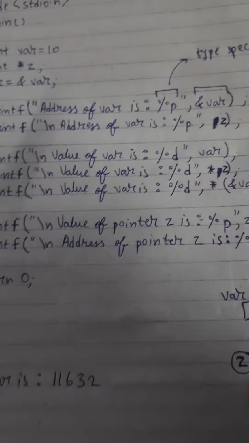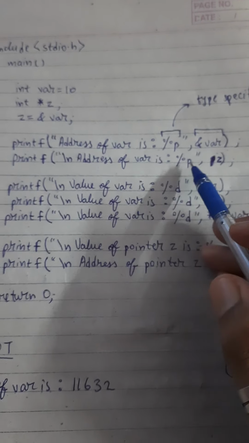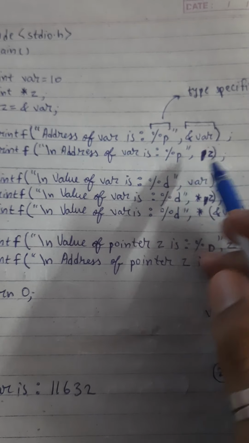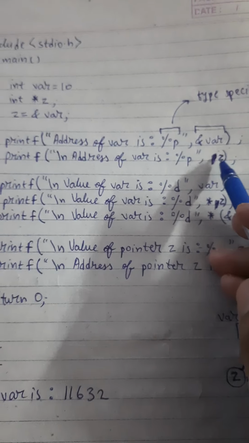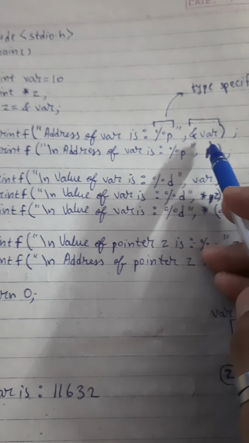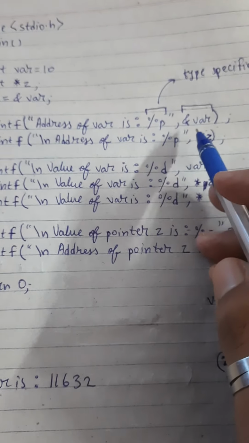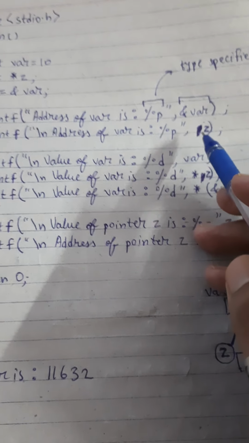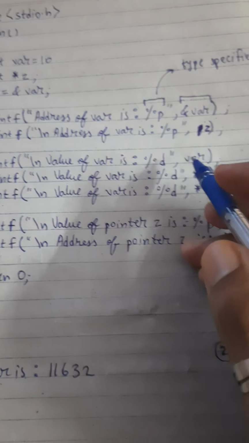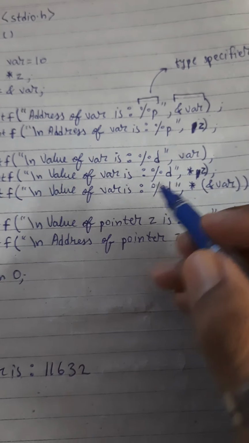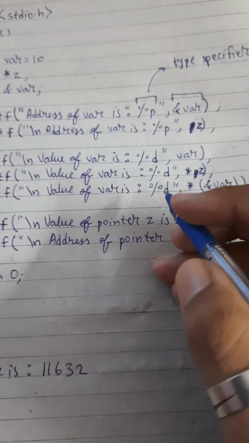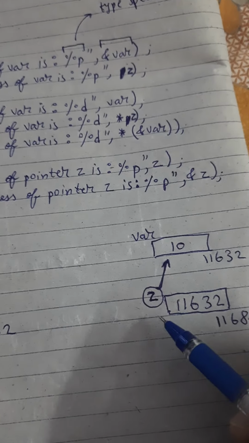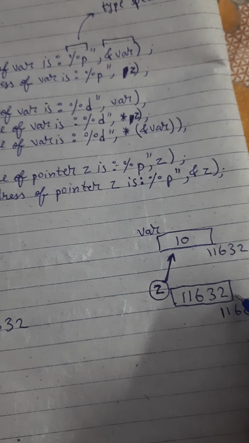Next, let's get to the next printf statement. Here it is z. Since it is not preceded with any star or address-of operator, it's the variable name, and whenever we access a variable name, we access the value that is stored within that box, the value stored within z. What is the value stored within z? Here, 11632. So again our output for the second printf statement will be